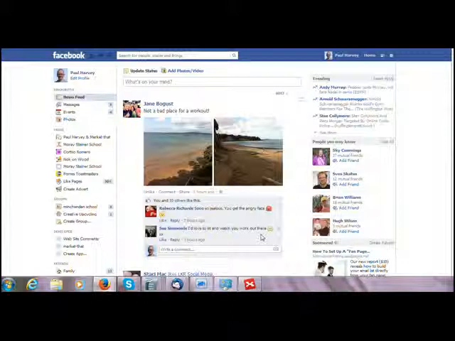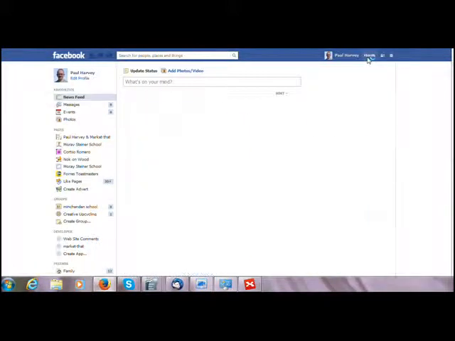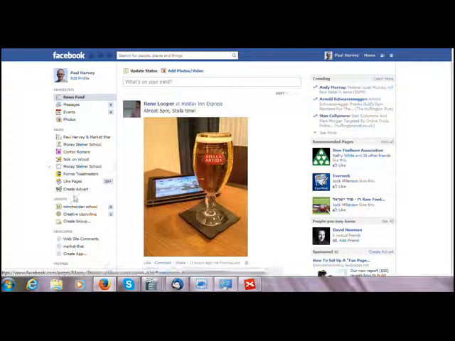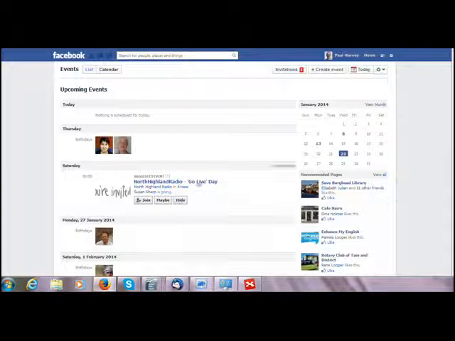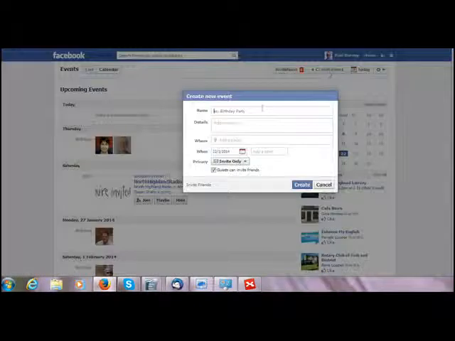Someone today asked me about creating Facebook events and if it was still possible, and it occurred to me that it's one of those things that kind of slipped and disappeared a bit and may not be noticed. So on your Facebook profile, on your plain profile, on your home page of your profile, you'll see some stuff down here on the left hand side, newsfeed, messages, and this is the events box. Open that box there and you'll see all the different events that you've either been invited to or there are things going on. You can create an event here at the top and you might put a name on here,